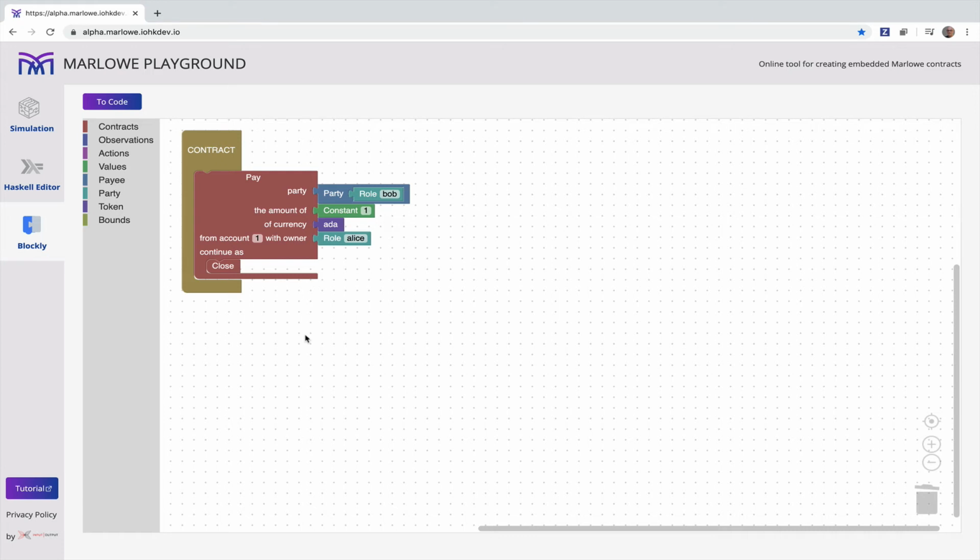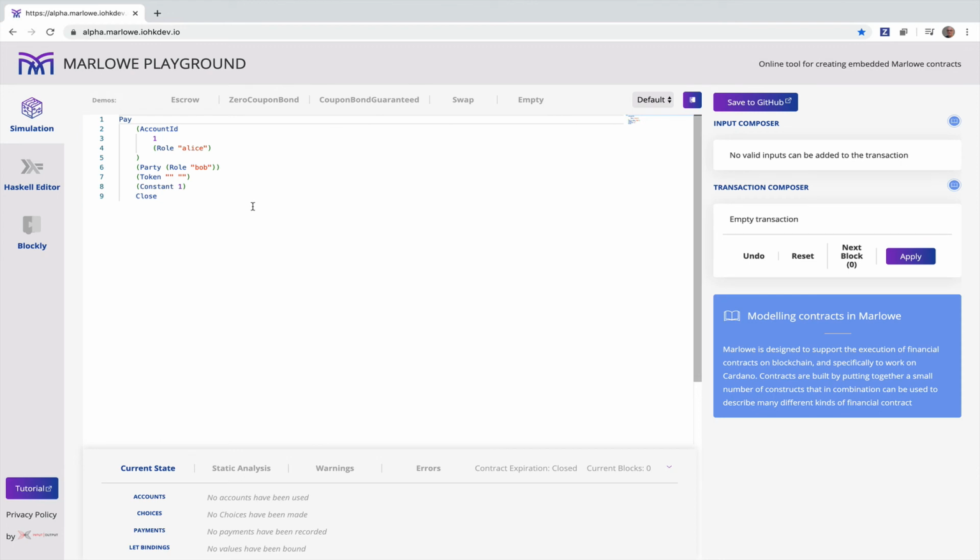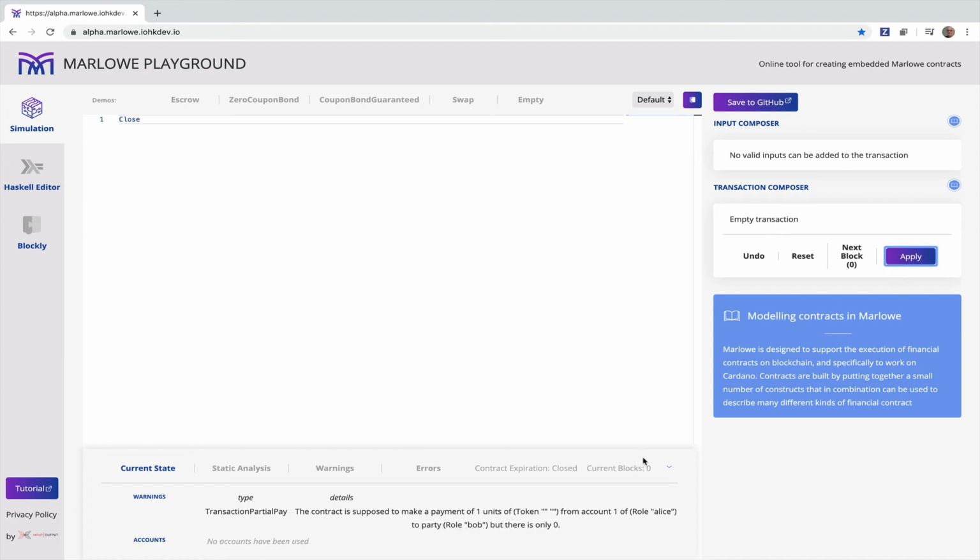And we can now take that contract and convert it to code. And we see that rendered as Marlowe in the simulation tab. And what we have here is the simplest possible contract, which is just a payment. In fact, it's not waiting for any inputs. We have an empty transaction. If we apply that transaction, then the payment will